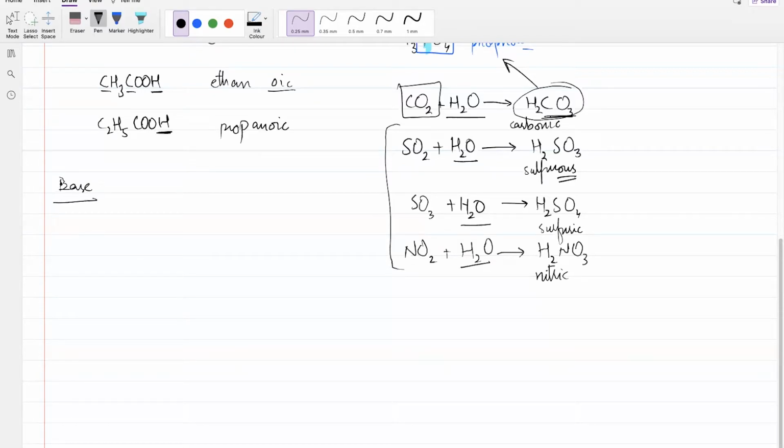Bases are easy to identify. In bases we just have to see what kind of a base it is. Basically all bases accept H positive. So we just have to see what is in it that can accept H positive. H positive is a positive ion, obviously, and other positive ions can be replaced by it. Or it is also possible that any positive ion might want to replace H positive itself. I have HCl. There is another positive ion that is more reactive than H. It might come and replace it. In either case, a reaction happens. So that's what bases do.